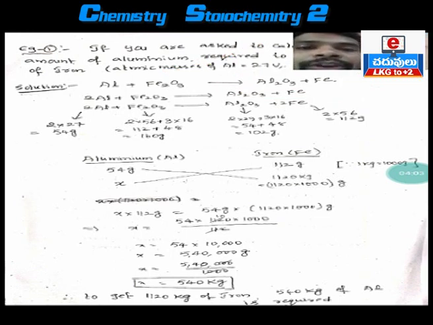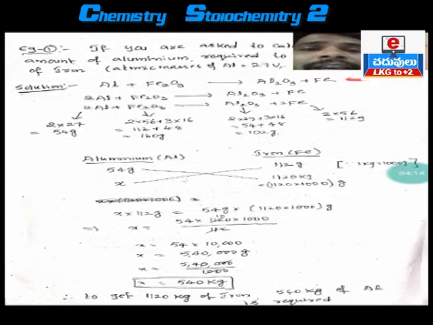See, if you look at the chemical equation, on the right side, the product side, we have two aluminiums. Product side we have how many aluminiums? Two aluminiums. Left side we have only one aluminium. How will you balance aluminium on the left side? Just add the number 2 before aluminium. When you add number 2 before aluminium, then aluminiums become equal on both sides. Clear? Now 2 aluminium here, 2 aluminium here.